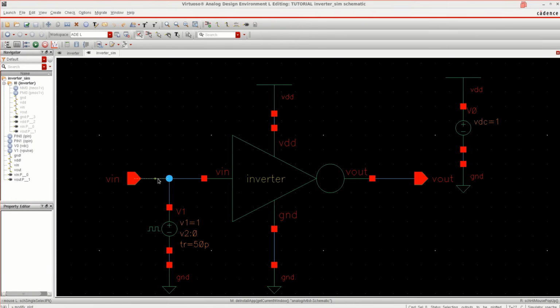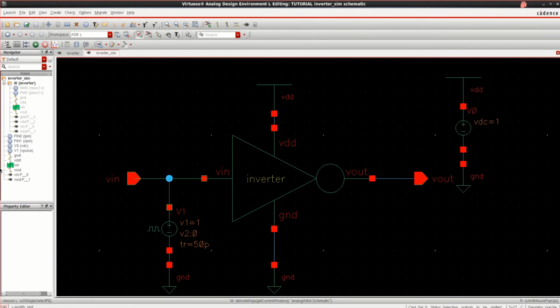So right now I want to plot V in as voltage and V out as voltage and also the current. So select these wires. You can see here V in is selected, V out is also selected, and I want to plot the current that is drawn by this particular VDD.